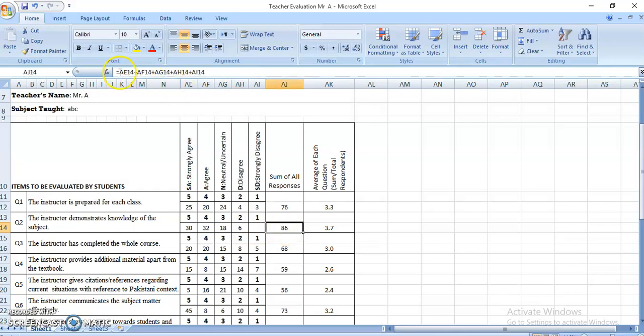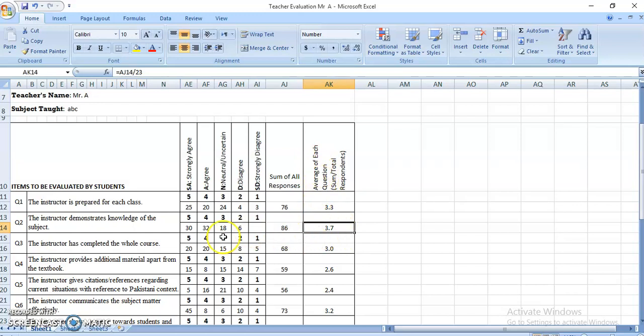As you can see here, all the cells, AE14, AF14, means that this is cell number 14, and these are different columns, AE column, AF column, etc. So they have been automatically added, and the formula is also inserted here, so this value is automatically calculated.